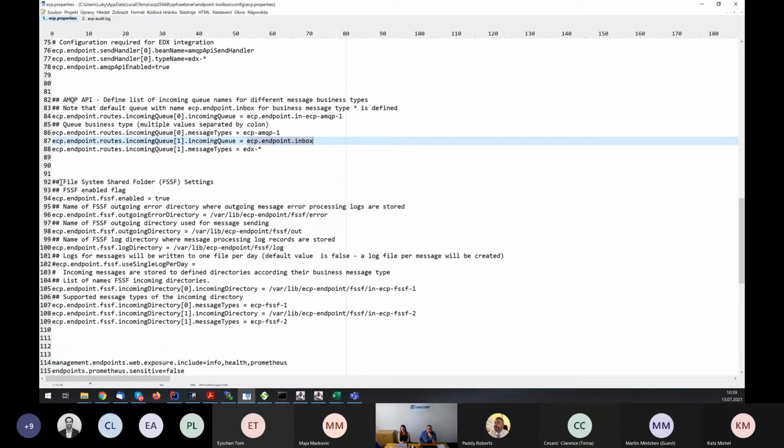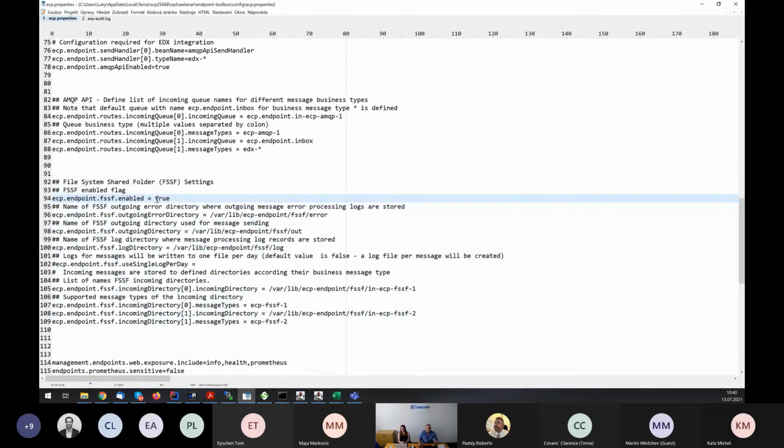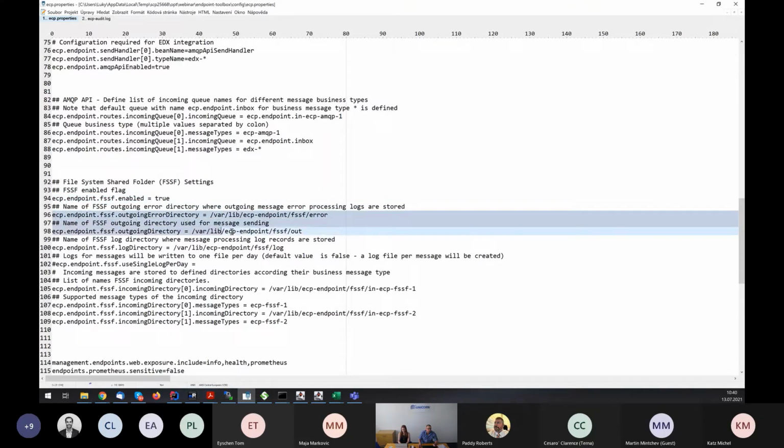And the last part is the configuration of the file system channel. Here, again, we need to enable such an interface, and we have to configure directories where we put files which will be sent out from the ECP endpoint, and here we set it up to folder FSSF out, and also we need to define an error folder and a log folder